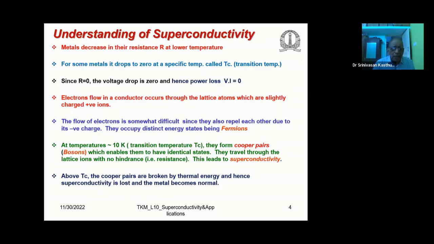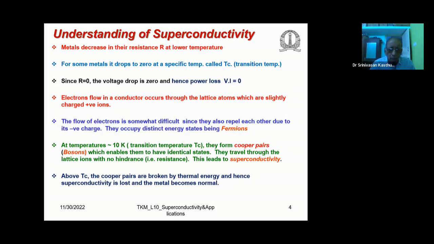Now, how do we understand superconductivity? First of all, we know that metals decrease in their resistance at low temperature. For example, copper or platinum: you start with a particular resistance value at room temperature. If you keep decreasing the temperature, resistance also keeps decreasing, and ultimately it comes to some stable value. For example, in the case of platinum, it comes to a stable value somewhere around 25 to 30 Kelvin,